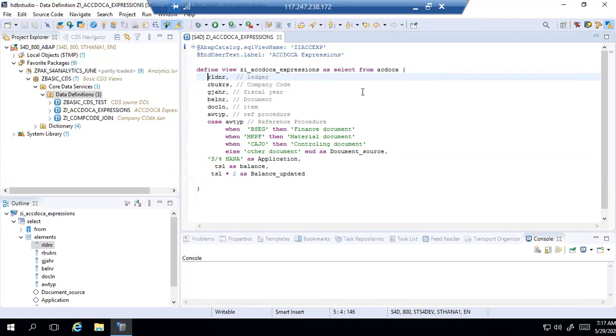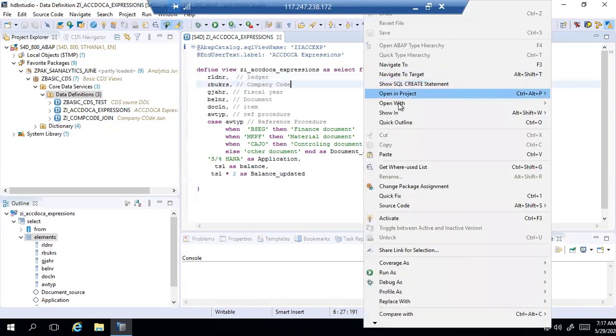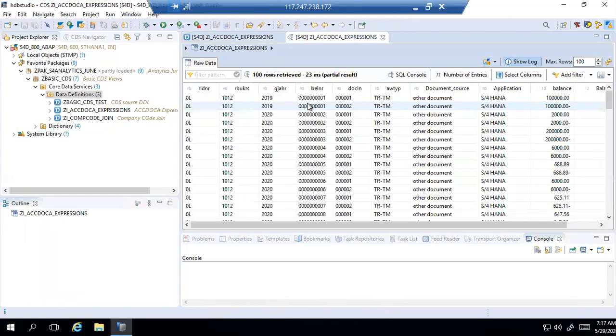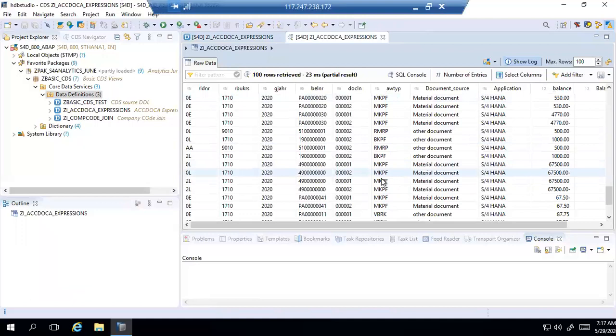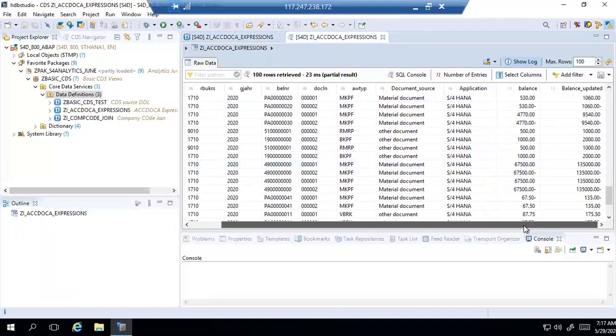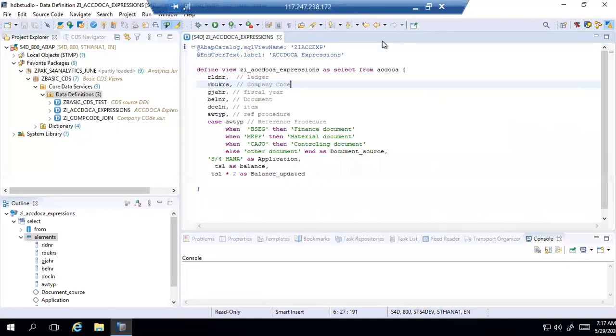Okay, so now I made my CDS view, and I can actually go to data display and data preview. You can see this application is always constant, and the document source is most of the time other document, because that's how the type of the column is being taken. Some of the columns, of course, are material documents as well, because of the MKPF. This is a case expression statement, and you can also see the balance is being recorded as 530 and multiplied with 2 for the balance updated. So this is a simple manipulation or transformation I've done